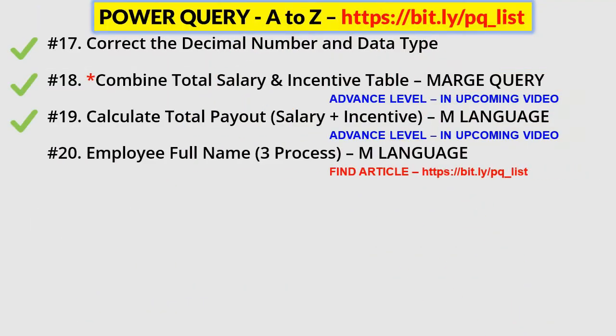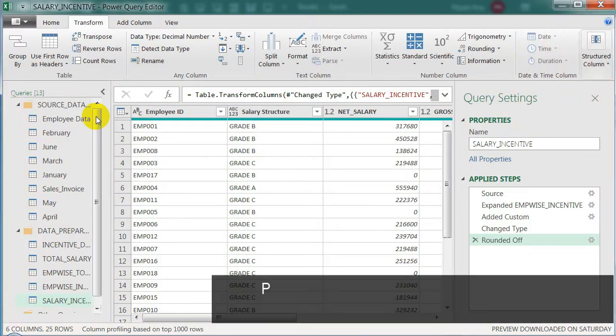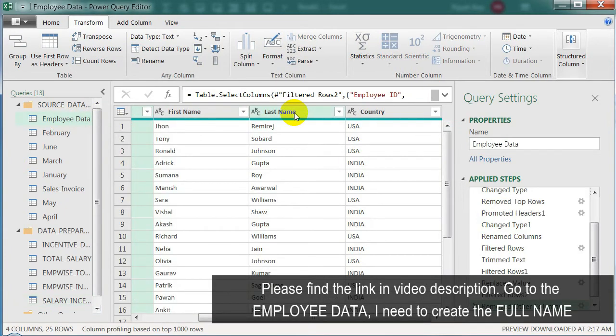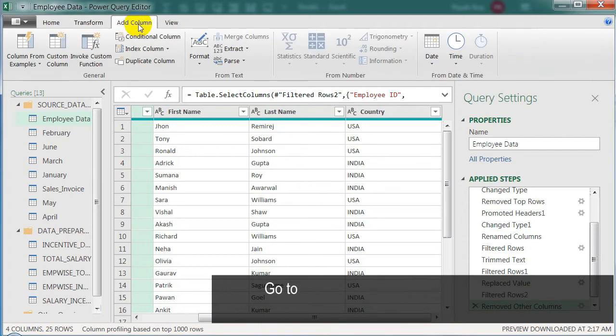Next step, employee full name. Now I show one process. I already published an article on this topic. Please find the link in the video description. Go to the employee data. I need to create the full name. Go to the add column, custom column,